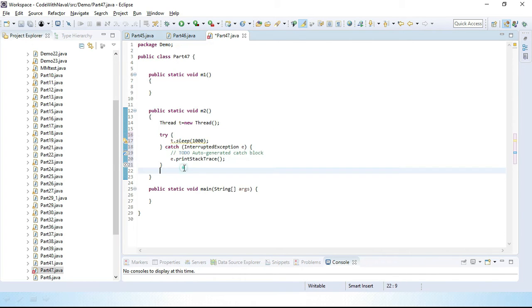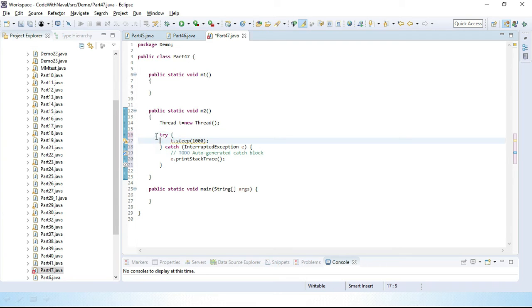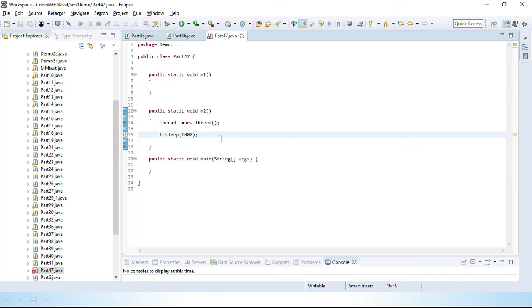In the last few videos we saw the try block and catch block. We can declare this exceptional code inside a try catch block. And one more thing, the compiler forces us to put this exceptional code inside a try catch or use the throws keyword, because this exception arises at compile time only.